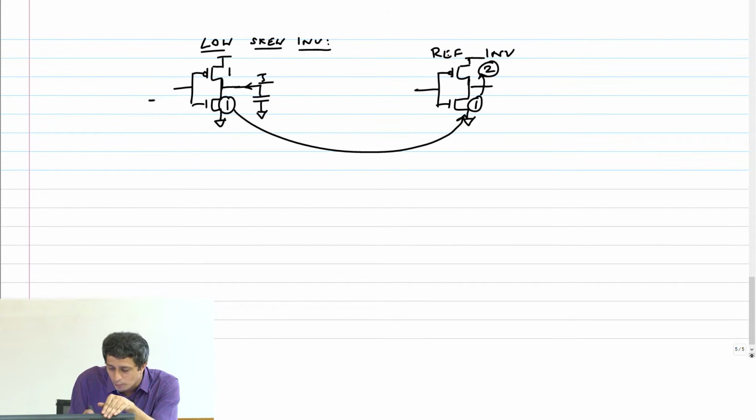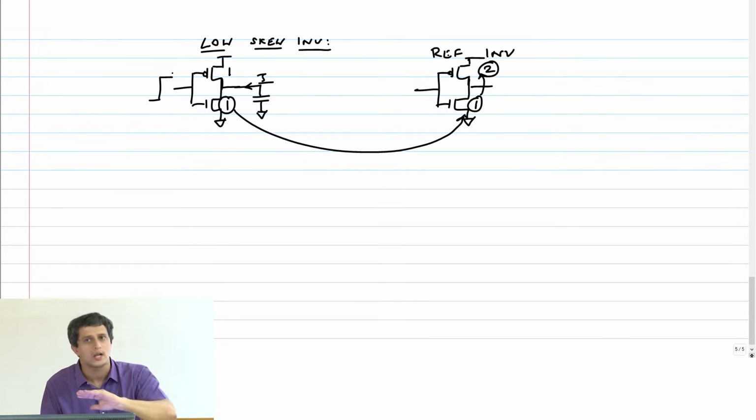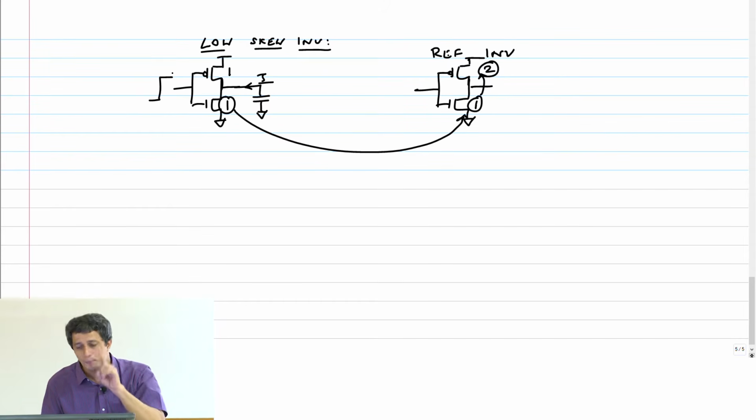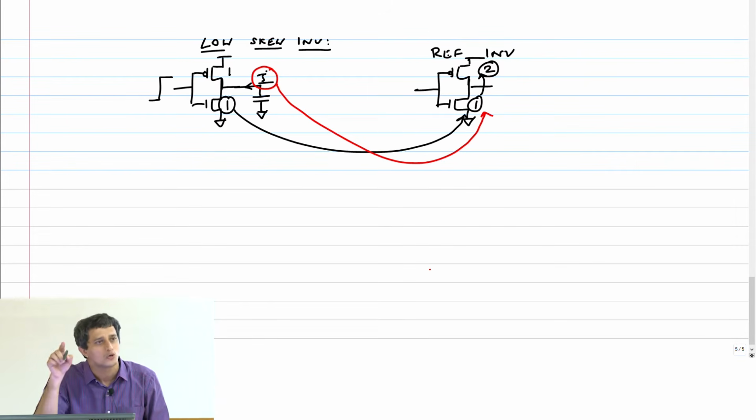Because when my input goes high instantaneously, the NMOS turns on and the PMOS cuts off. So all the current coming out of the load capacitor is flowing through the NMOS. Implicitly what we were doing is saying that if this is I, then this is what I am going to put here as a size, so that the current through that NMOS transistor is still I, and therefore that is also 1.